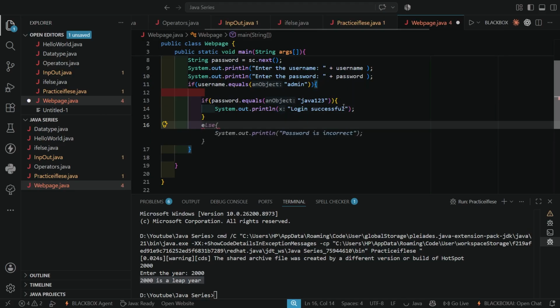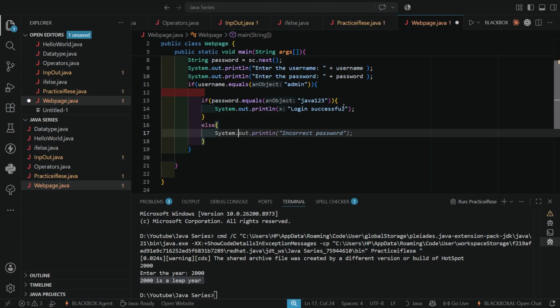Else, if the password is wrong, it will not be a valid login, so I would print incorrect password.